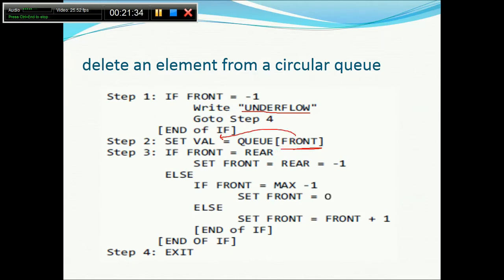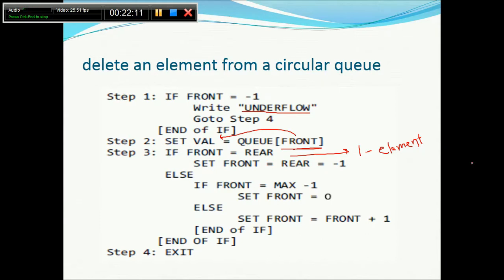The first check is whether front is equal to rear. If both are pointing to the same index, this means I have one element. If I delete that, both indexes will jump to -1, right? Yes. So this condition handles the one element case: we have only one element in the queue and you are deleting it. Then directly jump to -1.